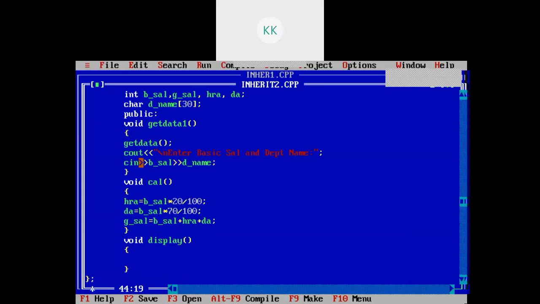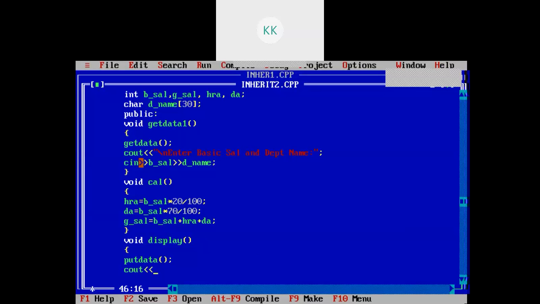Similarly, I need to display the data of the base class. So I can write here put data. This function I am calling, and then cout for displaying the data of the inherited class.